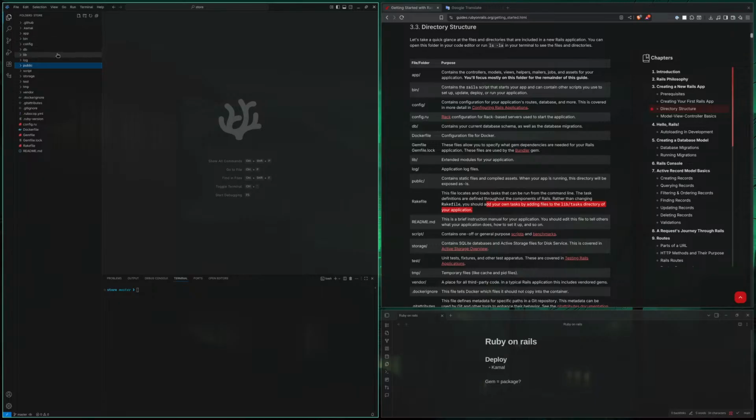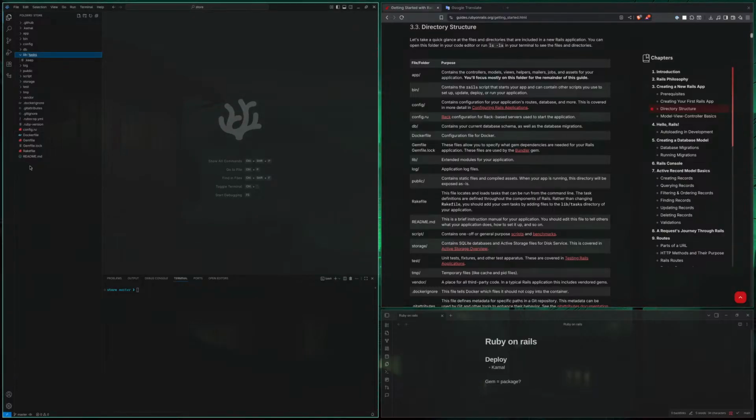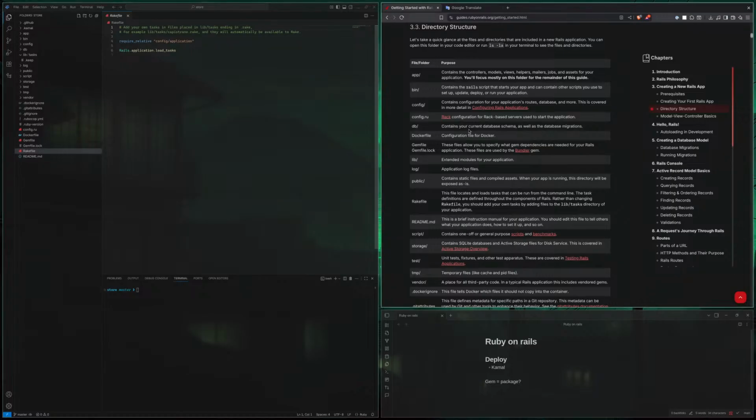Did we have a directory here? Yeah, we did. Okay, let's see, Rakefile. Add your own task in a file placed in lib/tasks, for example. Okay.